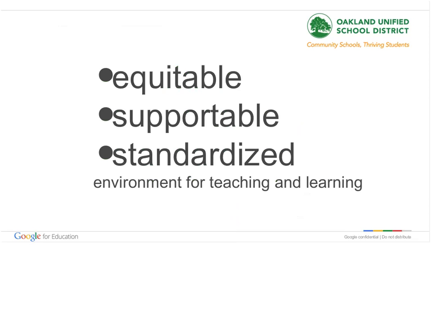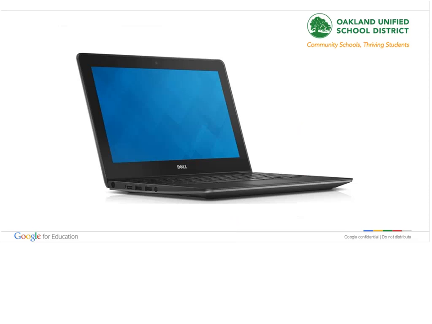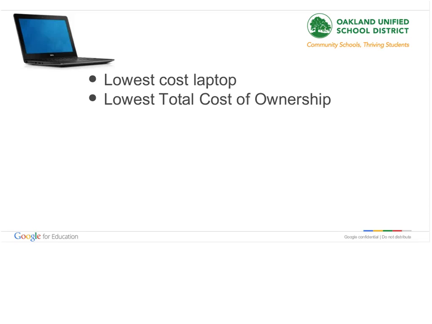Our goal is to create an excellent environment for teaching and learning. So that led us to the Chromebook. After much testing, we rolled out the Dell Chromebook last spring. With much success, we rolled out 10,000 of them. Why did we choose Chromebooks, and Dell in particular, the lowest cost laptop? The total cost of ownership, with the cost of techs: by rolling out Chromebooks, we were able to not do any hires at all.